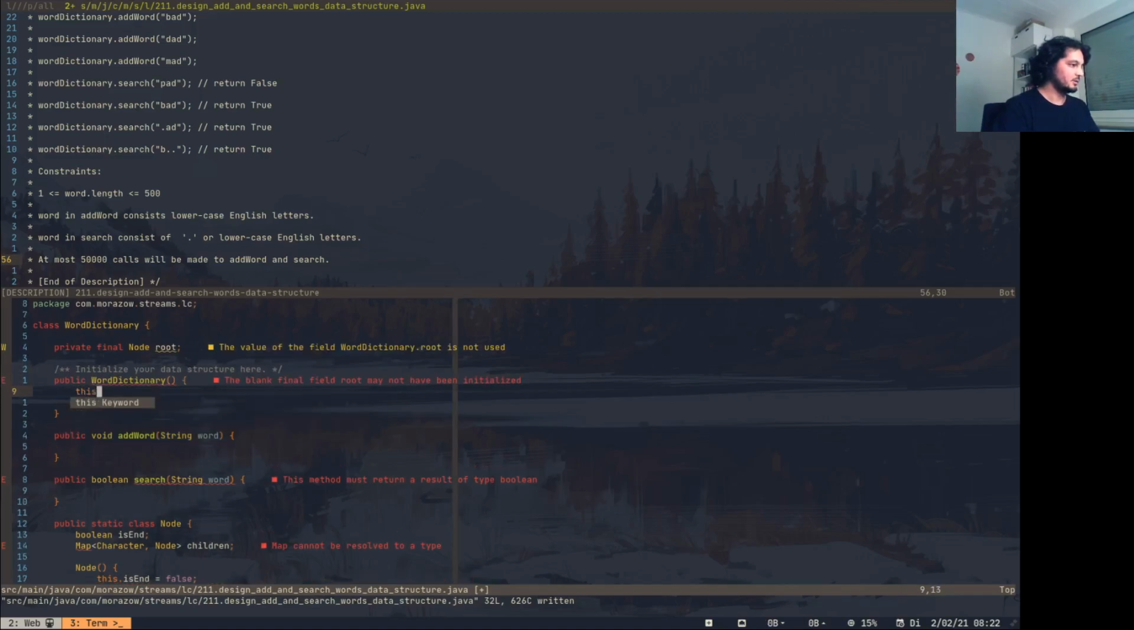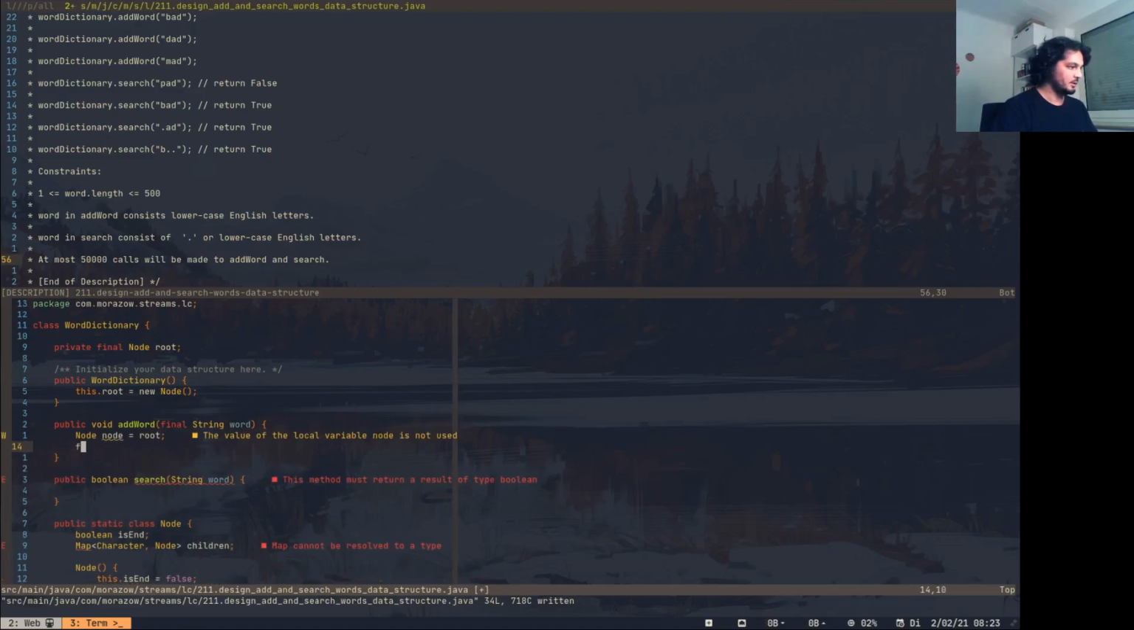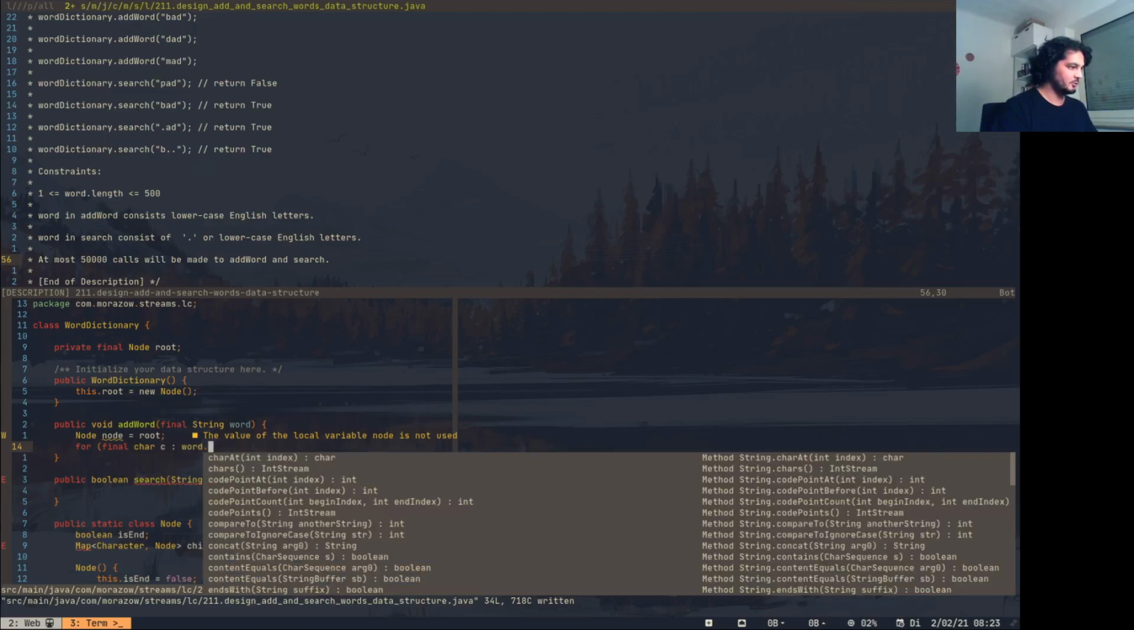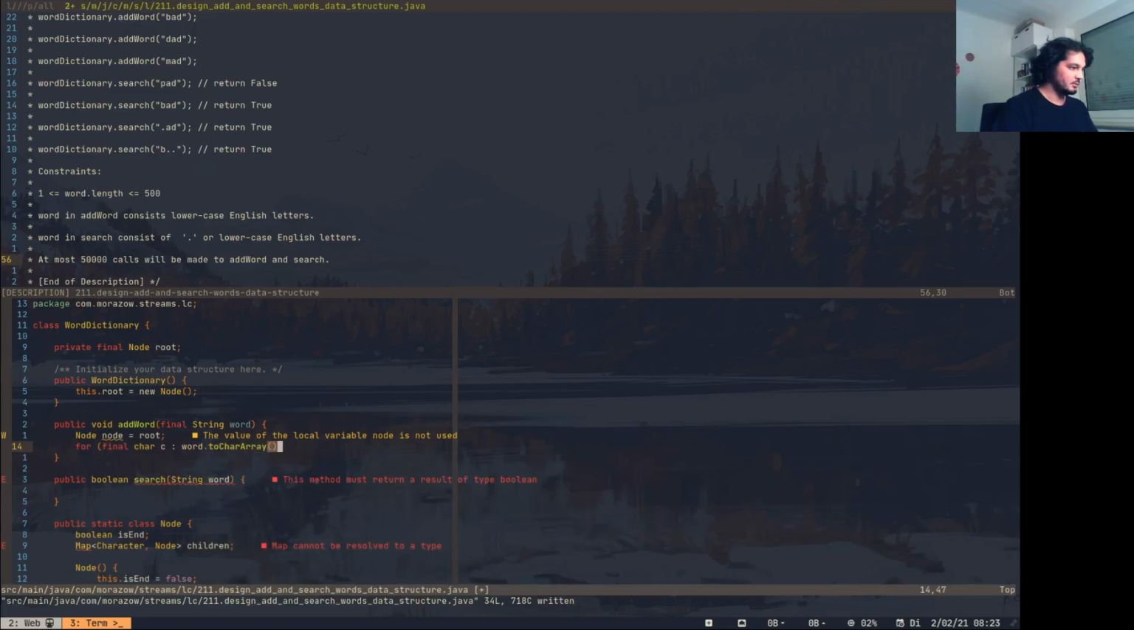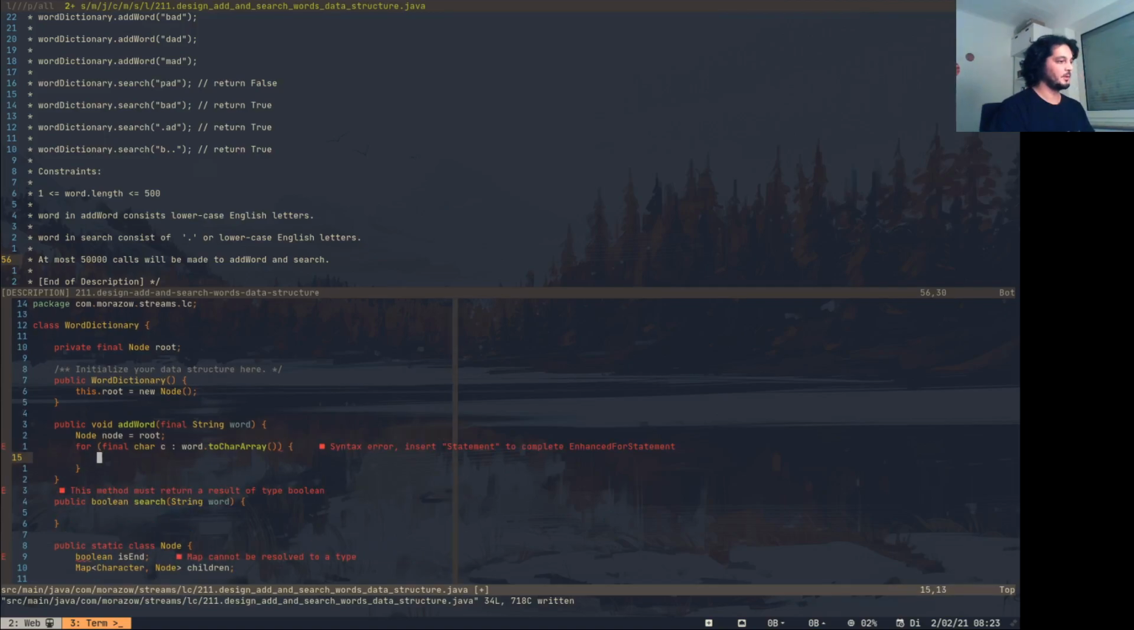And let's initialize it when we create the dictionary. Okay, now we can implement the add word method as usual. Let's have a temporary node, and again let's go over the characters of a word, and I'm going to use the toCharArray method. And here now we don't have an index, but we have a hash map, so we can directly